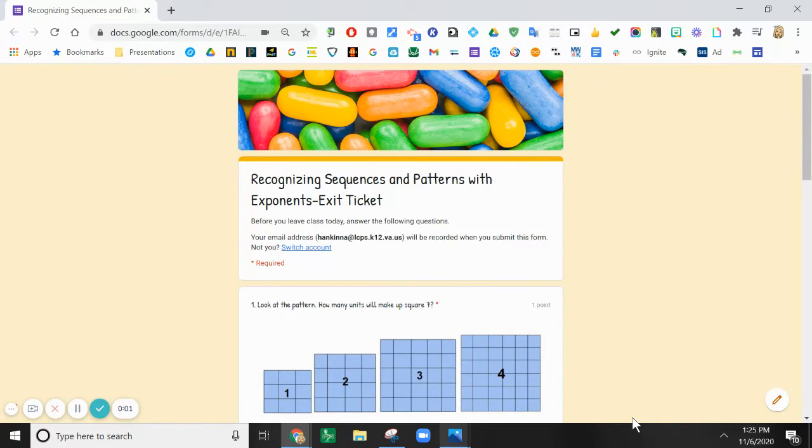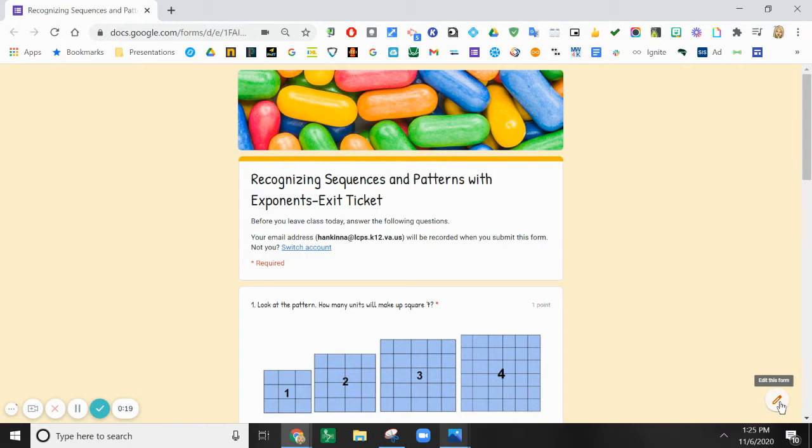In this video, we're going to look at how you can see what people answered in your Google form. So here is an exit ticket that I used to use with my students. And one thing I want to go over is that if you see this